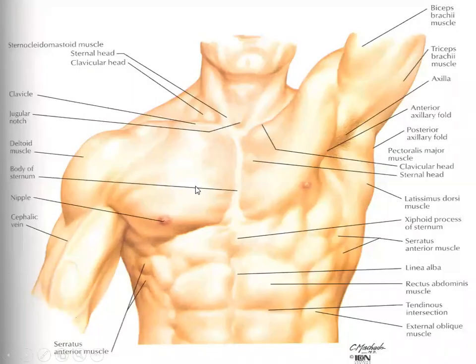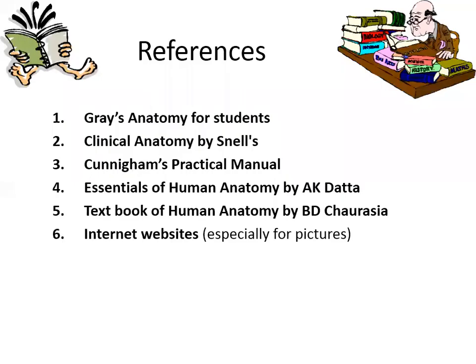So this is all about the pectoral region and the four important muscles. The pectoralis major muscle, which forms the main bulk here, then deep to that the pectoralis minor as well as the subclavius, and then on the side you can see the serratus anterior muscle. So these are the four muscles of the pectoral region, and the fascia which is covering it, which is called the clavipectoral fascia, its attachment as well as the structures piercing through it. So this is all about this topic called the pectoral region.